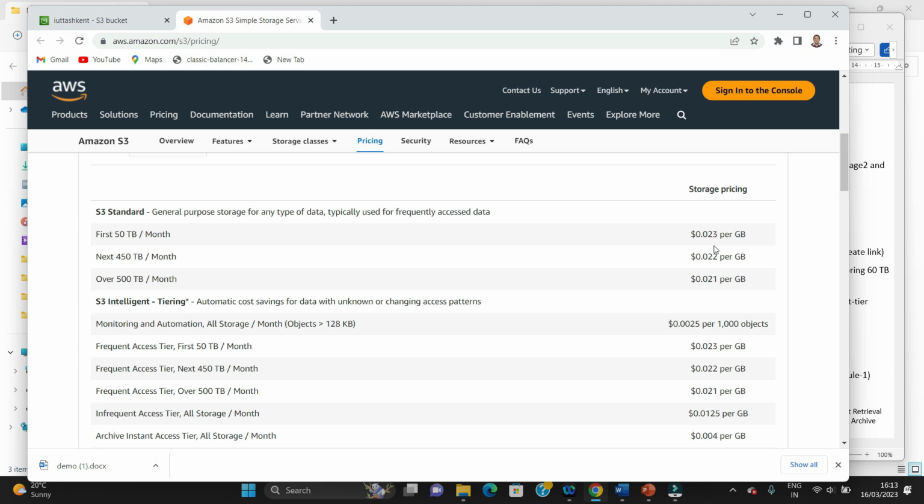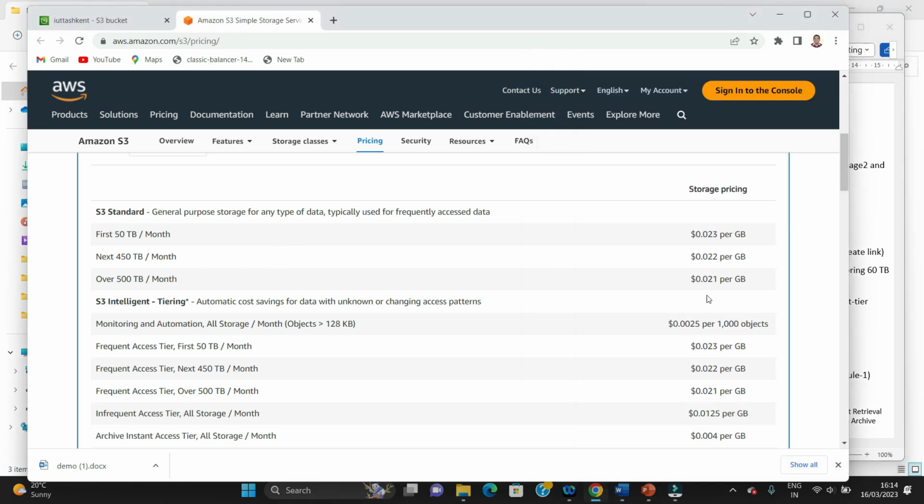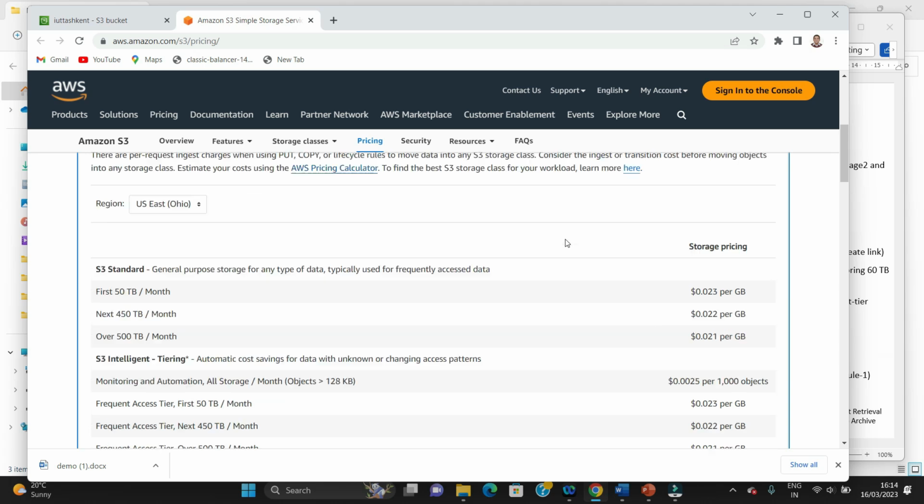So for the first 50 TB, you need to pay this much. If you talk about 60 TB, then for the first 50 TB this rate is applicable, and for the next 10 TB, you have to pay as per the next rate. So if you want to find out the price of storing 60 TB in the standard storage for a month, you can calculate your expenses as per this pricing. Okay, so going back,